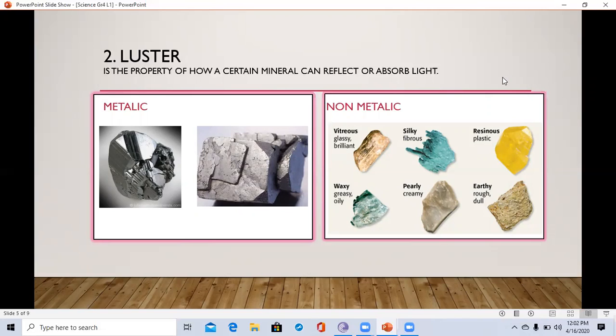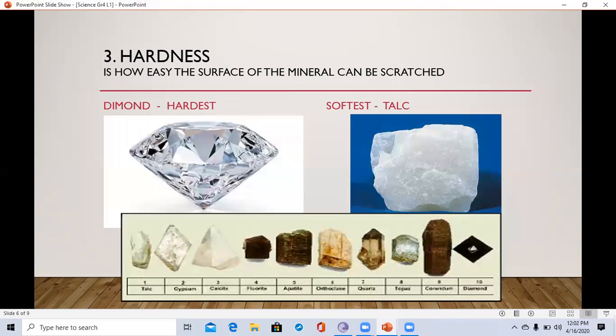So if you look at crystals or minerals very closely, you will see the difference on their surfaces just by looking at their appearance. Thirdly, you can have hardness. So the hardness is how easily the surface of a mineral can be scratched. The diamond is the hardest mineral that you get, but the softest one will be